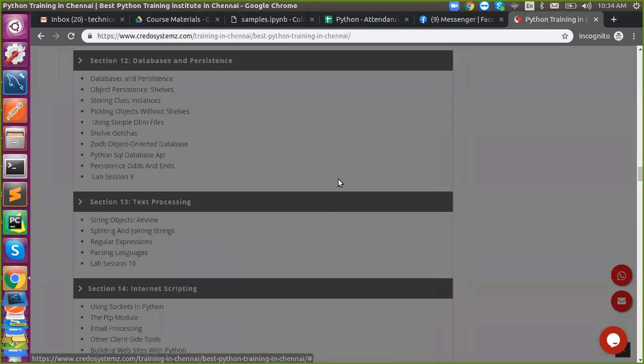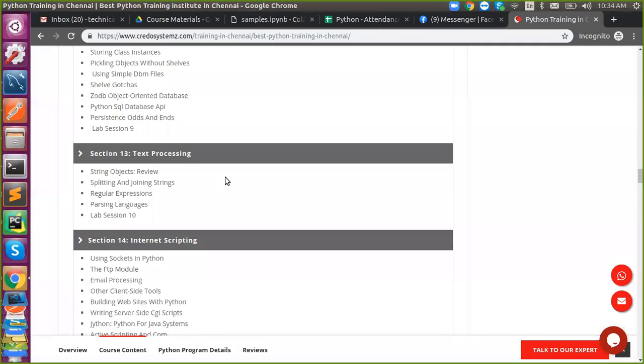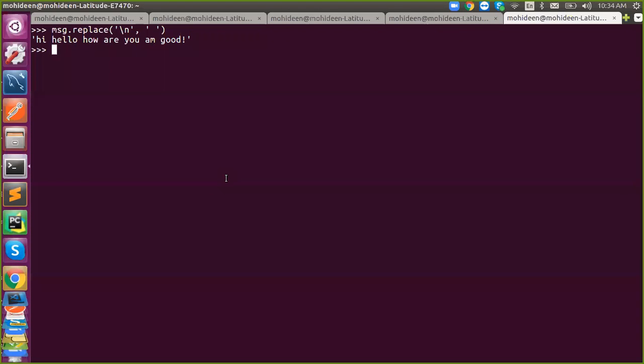Okay, sir. Thank you. Okay, so this is about text processing. Now we'll move on to regular expression. So what is the regular expression? Regular expression is a pattern matching technique. It is not just for Python, it doesn't belong to Python. It's common for all the languages. Whatever we did with split, replace, etc., we can achieve the same stuff through regular expression.